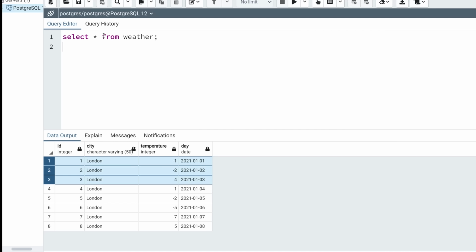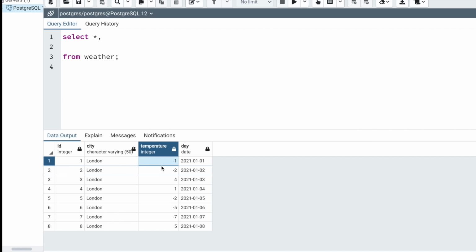To do that, I'm just going to say select star from weather. I'll fetch all the columns here for now, and from here I need to add a function. Again, I need to compare the data in the current row with the data in the next row and the data in the next to next row.